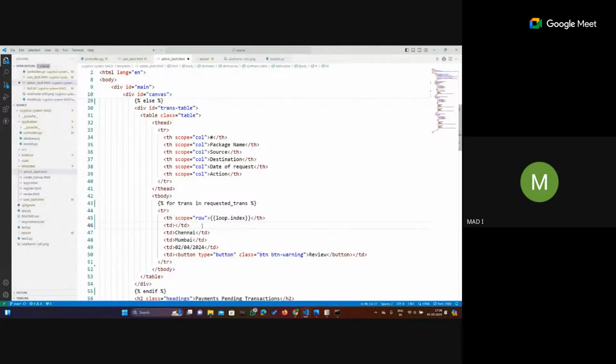So we know that it is our transaction, so it will be trans.t_name, is trans.s_city,